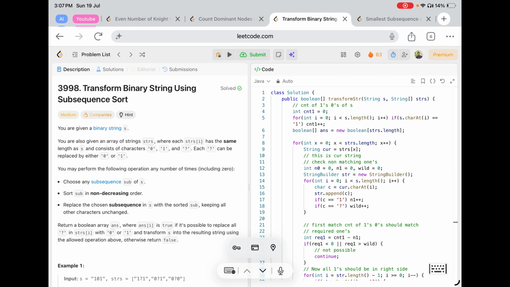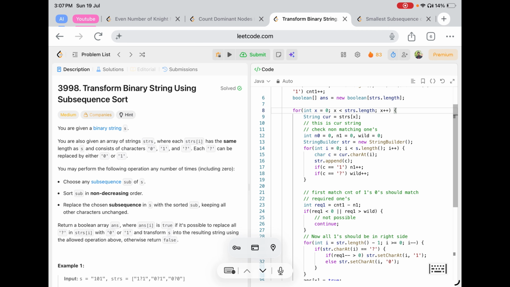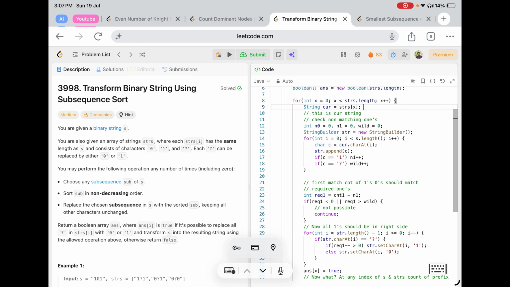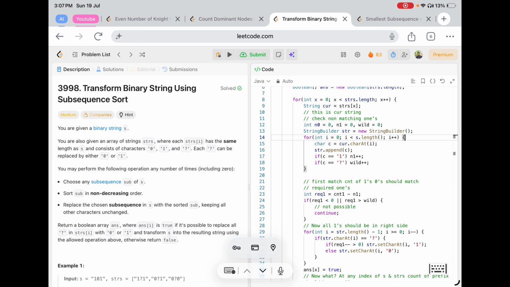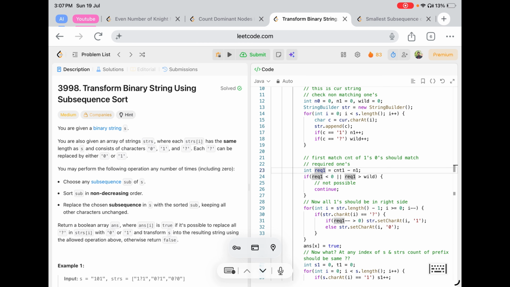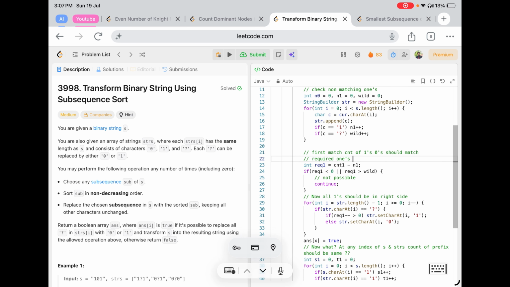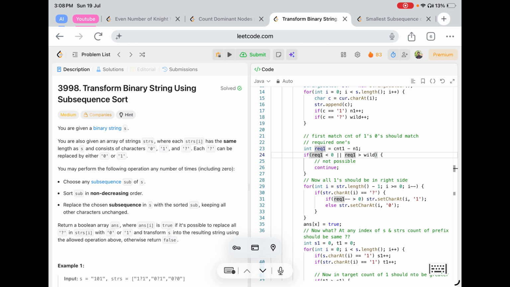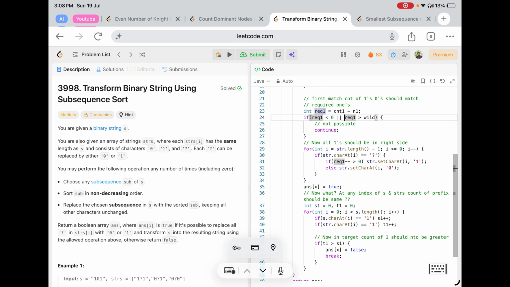So let's see the code now. We'll do count one to keep track of the count of ones in the source. Then we iterate our loop. Current is strs of i. Then we count the ones, store it in n1 plus plus, and we do wild plus plus. Required is count of one minus n1. If it's less than zero, that means the count of ones in the target is greater than the source. Then it's not possible. Otherwise, if required of one is greater than wild, then